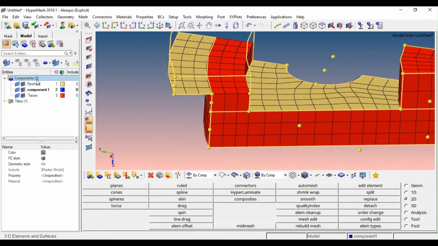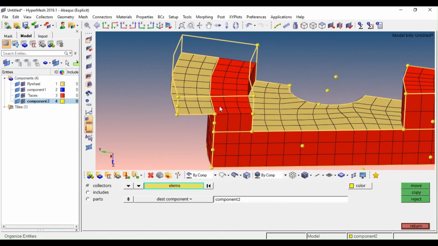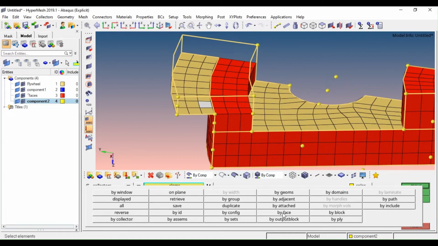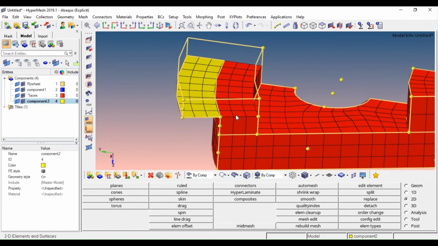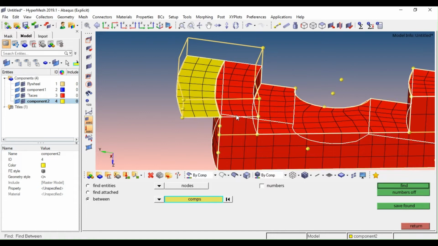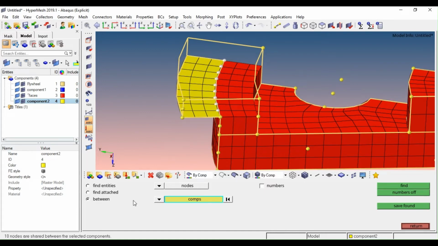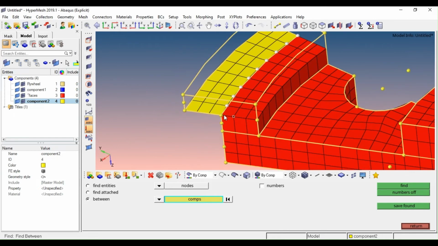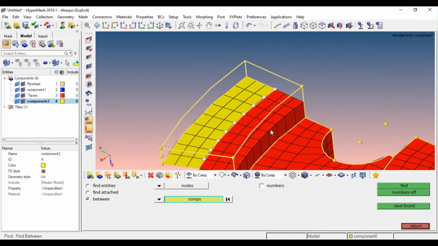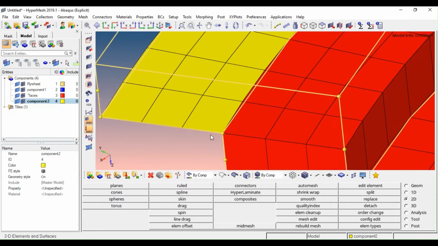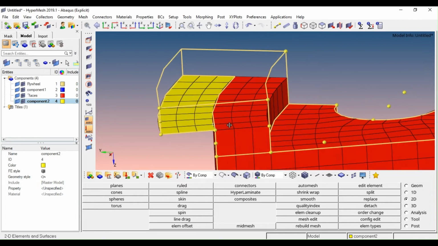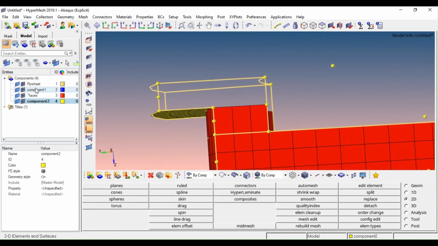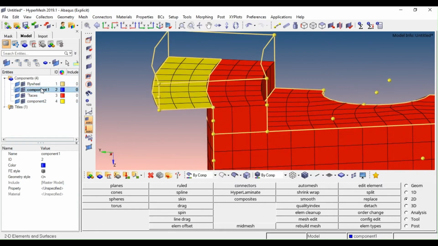Let me just transfer this to some other component, then we can easily check this component and this 10 nodes are shared. Yeah, 10 nodes. Okay. So now we can just go to this current collector, make sure this component one